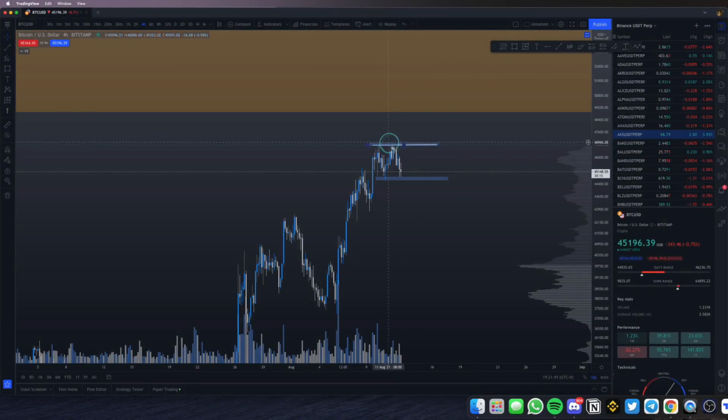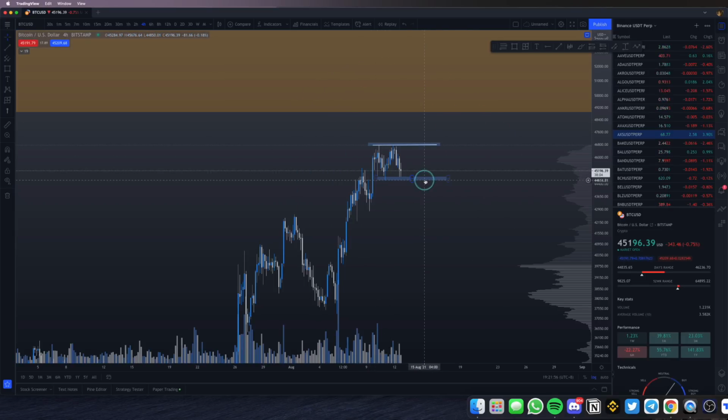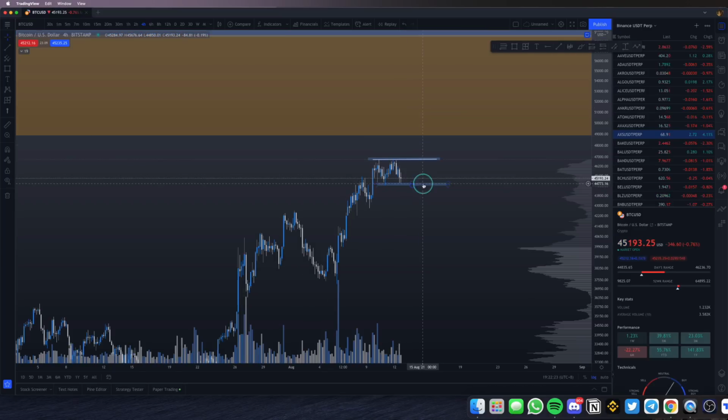What you must realize whenever you get these kinds of patterns is that price is likely going to range between these two levels. There's going to be a buildup of liquidity right above this level and right below this level. If you know anything about institutional trading, you know that markets tend to reach for areas of liquidity, which means, I know this might seem really redundant, but either the price is going to break up or it's going to break down. I know it sounds really cheesy, but the reality is that